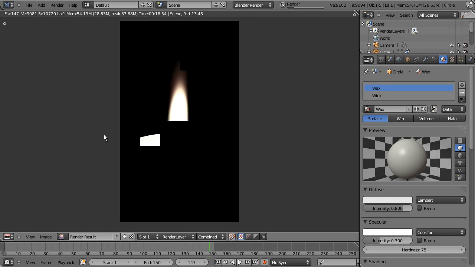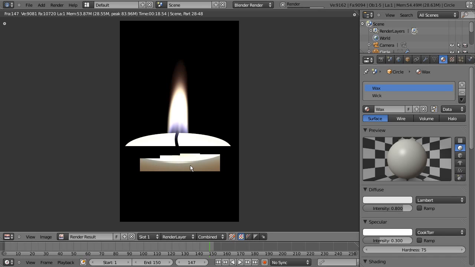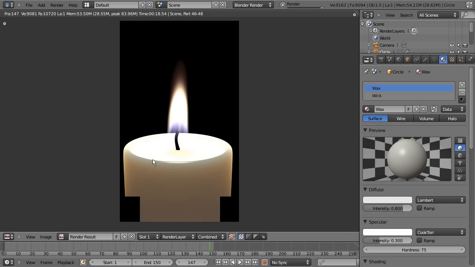Unfortunately, that's showing. It's better. I hope no one will notice this little shade here, because normally we should get rid of this, but let's move on. We get a lot better look now already, a lot more candle-like,